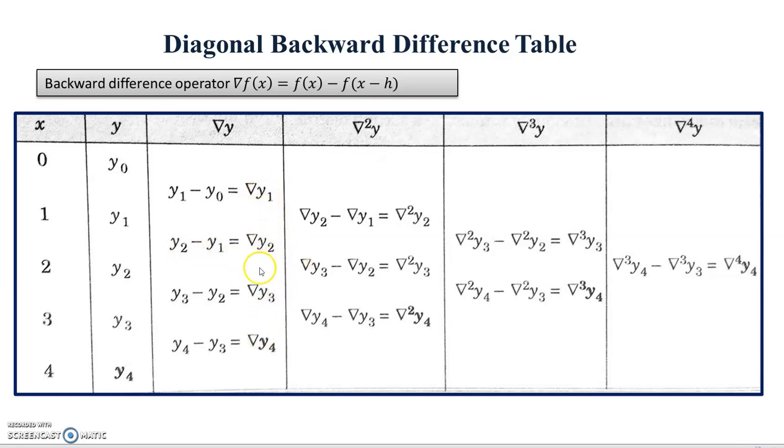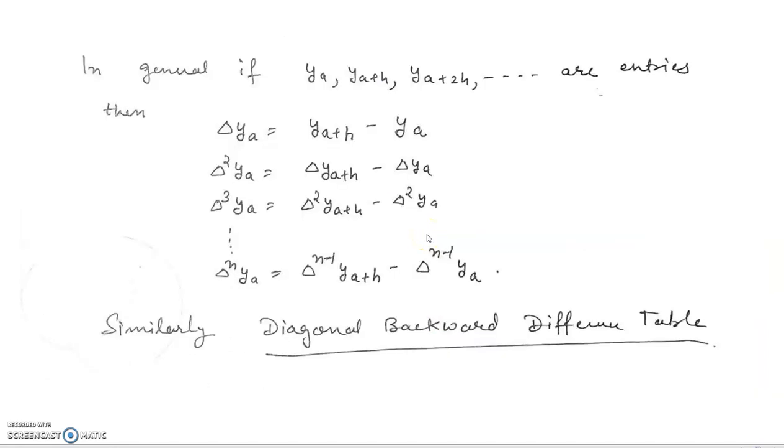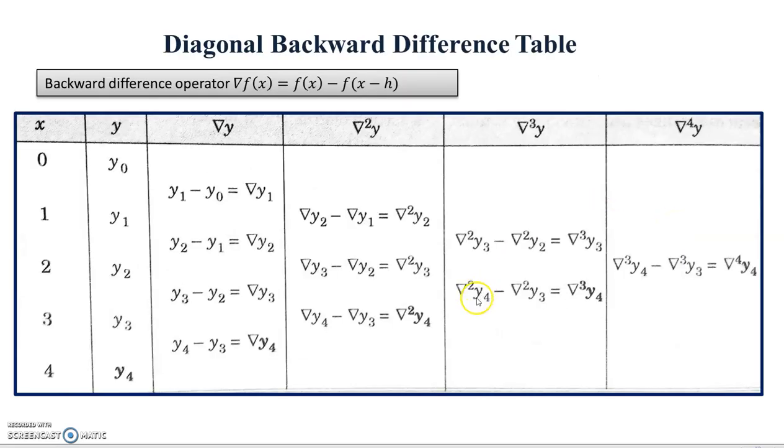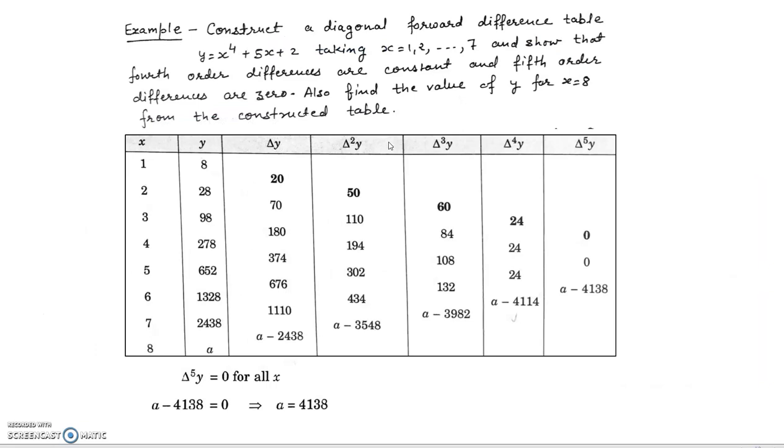If you take the difference of this column, you will get the second order backward difference. And if you take the difference of this column, you will get the third order, and similarly the fourth order. Now see one more thing carefully. In the forward difference table, we have this upper diagonal, in which the suffixes are the same: y0, y0, y0 and y0. But in the backward difference table, see this lower diagonal: the suffixes are the same, y4, y4, y4 and y4. That's why we call it a backward difference table. Okay. Study in more detail yourself.